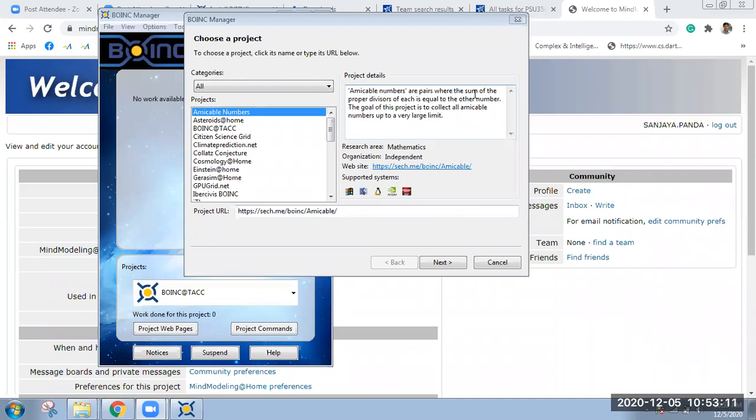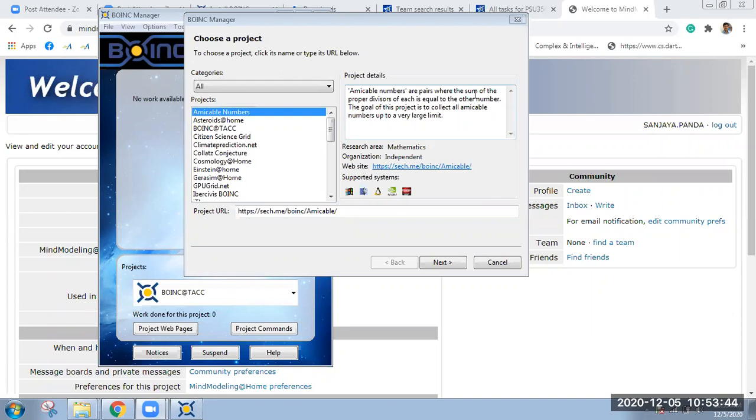So the idea of showing this particular BOINC manager is that you can see 1 million computers are participating in these projects, okay? And they do not belong to a single organization. As I referred in today's theory class, they do not belong to a single organization. One person may participate in India, another couple of people are giving resources from the US, other people from the UK, some people from Europe or something like that, right?